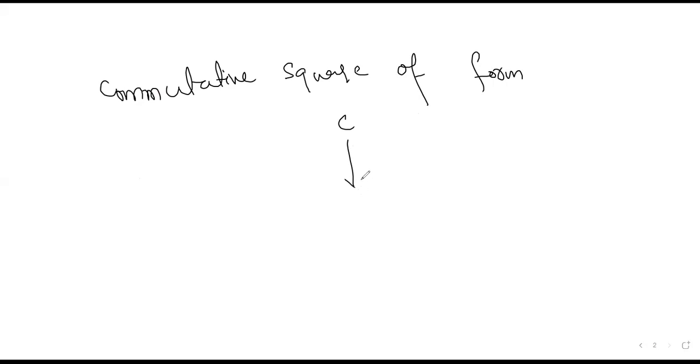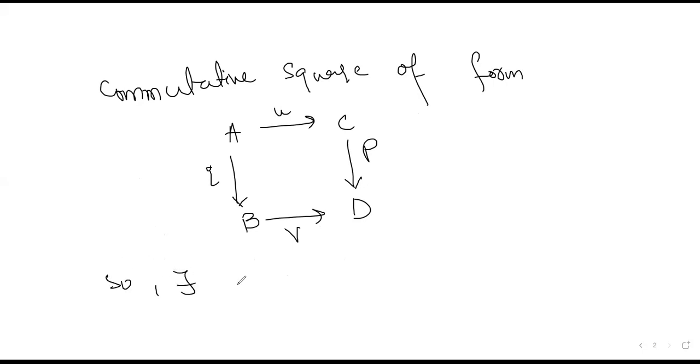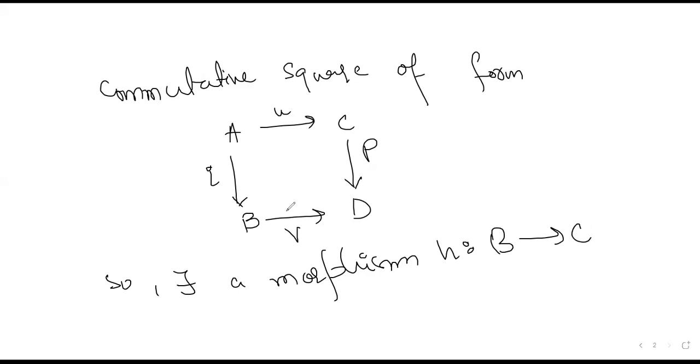Let's say P is a morphism from C to D and I is a morphism from object A to B. And there is a morphism U from A to C and a morphism V from B to D. So there exists a morphism H from B to C, from here to here. There exists a morphism H called a lift